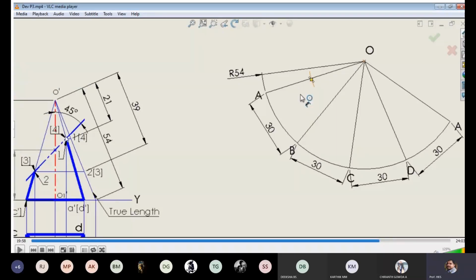In software they are measuring, but in manual drawing, no need to measure. You can just take the points by using the compass and directly transfer them to here. From O to here it is 21. So on line AO, take 21 and cut an arc. Then here also take 21 from the center and cut an arc. Then it will also be on the slant edge DO. So this is the DO. Here also take the same length and cut the arc.